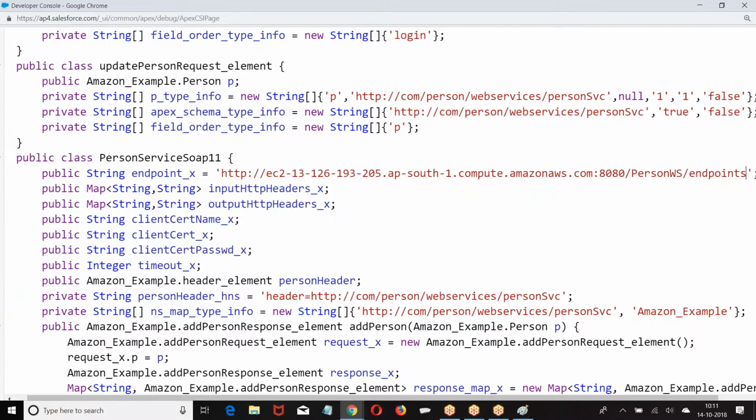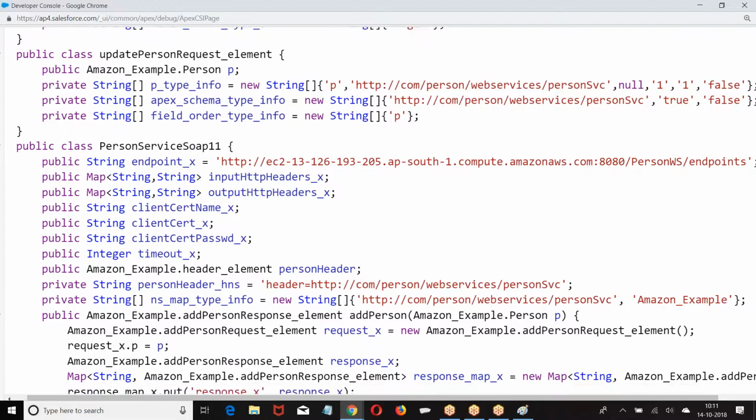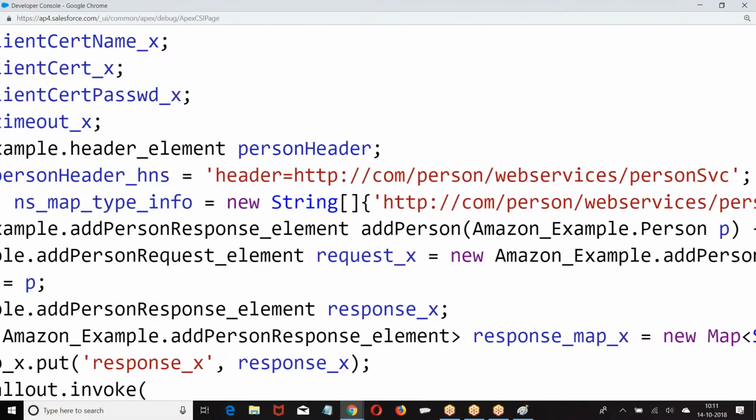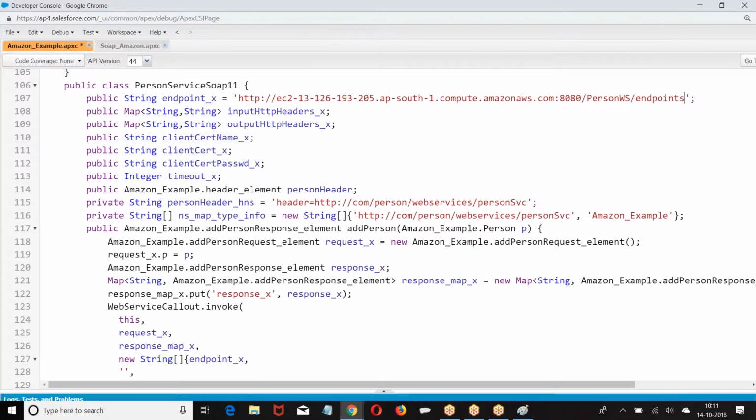What is this input header? Key value, key value. What will be there in the REST API? Content type, so and so. Accept, so and so. Header, so and so. Like that, if any data you want to pass in the header, or any data that you want to pass in the URL, I have to put it in the input header. Otherwise, you'll find the header element where I was supposed to pass my authentication header, or else body, which I have to pass in the parameter.